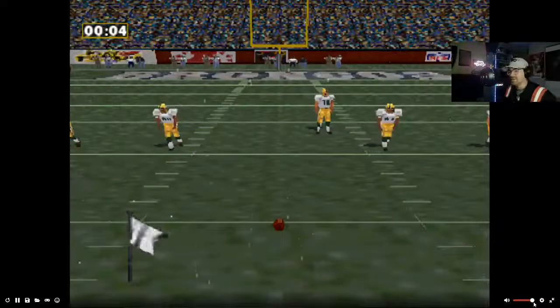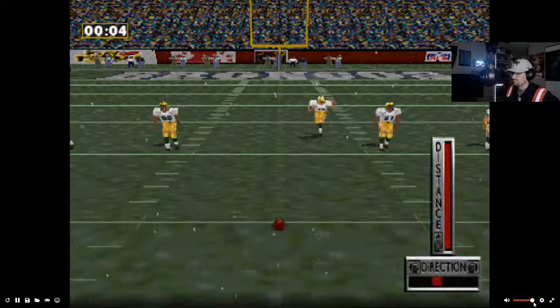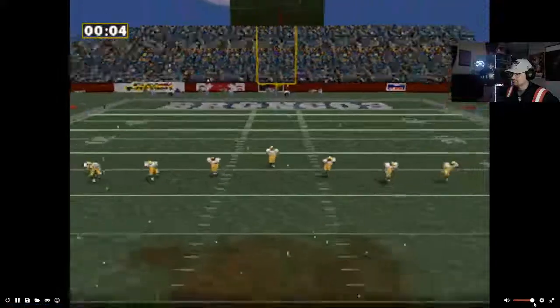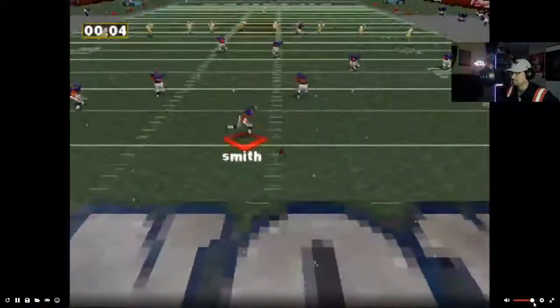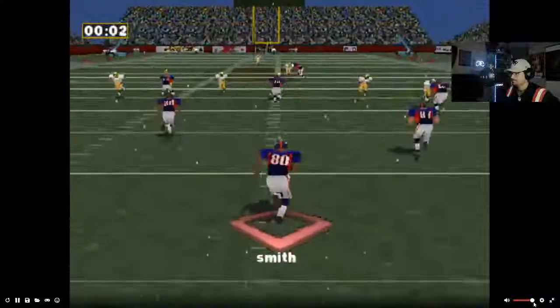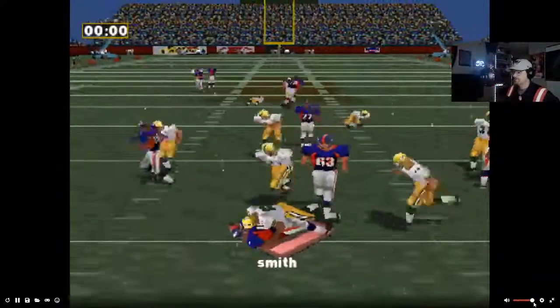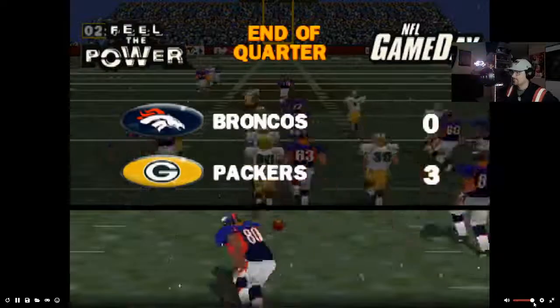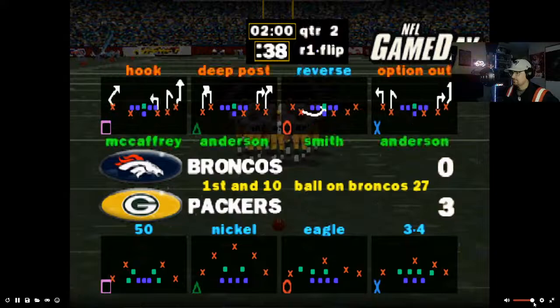The Packers 3, the Broncos nothing. At the end of the first quarter, the Packers 3, the Broncos nothing.